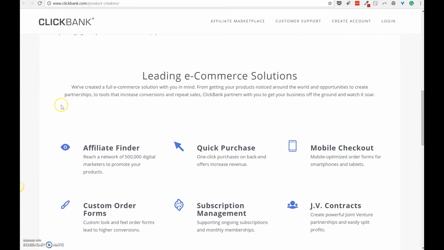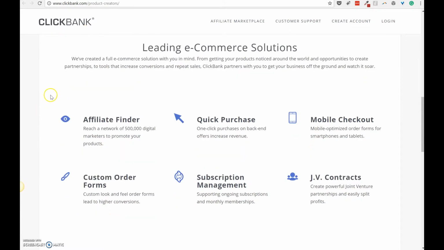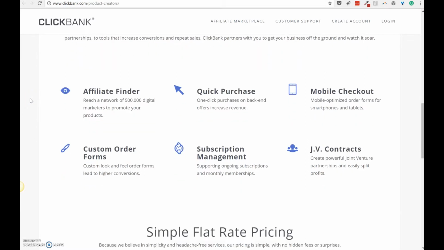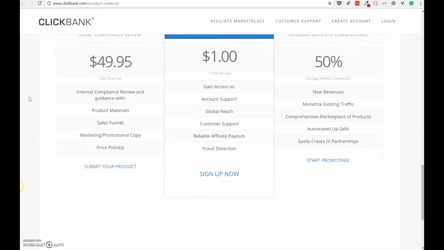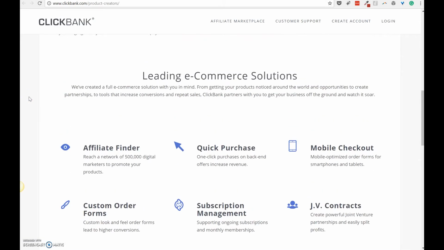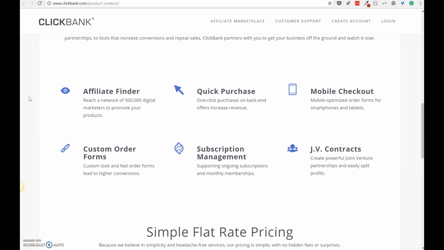I've never used it myself in this capacity or any other really. I don't think I've used ClickBank before, but you can upload your products and start selling there and then look at their affiliate system. So people can sign up with ClickBank to promote and they can find your product and sign up